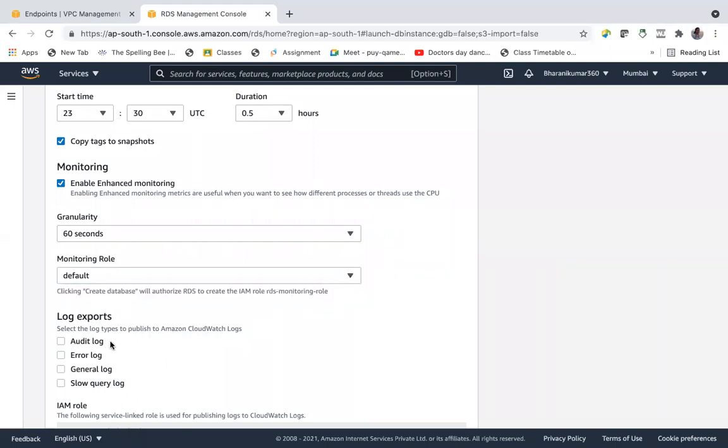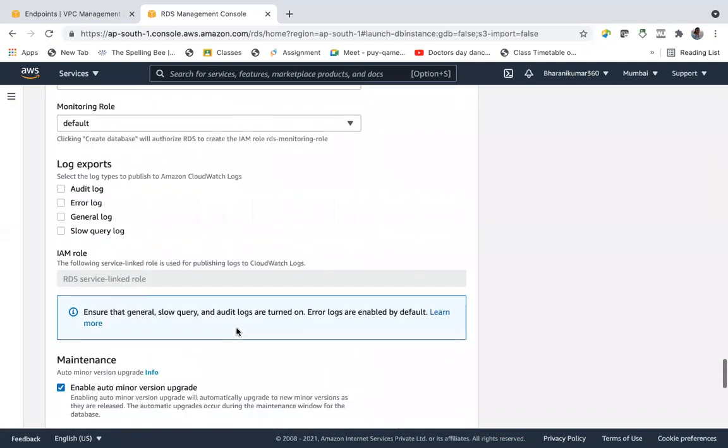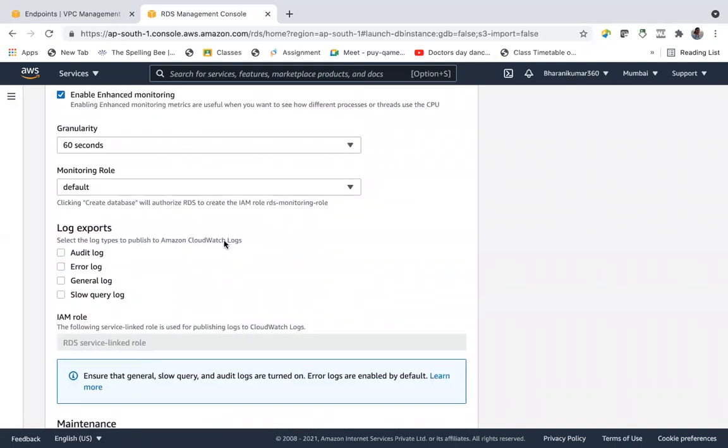Default. So audit, error, general, slow query logs will all be logged in CloudWatch logs. And since it's logging into a service called CloudWatch, we need a role, because when there is an error or slow query, if you want those logs in CloudWatch, the database has to write into a CloudWatch log group, and it needs an IAM role.